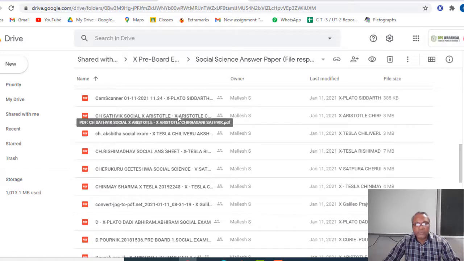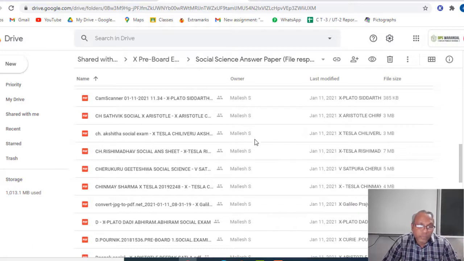This is how we are doing the correction of our pre-board paper. All the teachers are doing it in the same method, from their respective places. I am staying on the school campus, sitting in one of the classrooms.